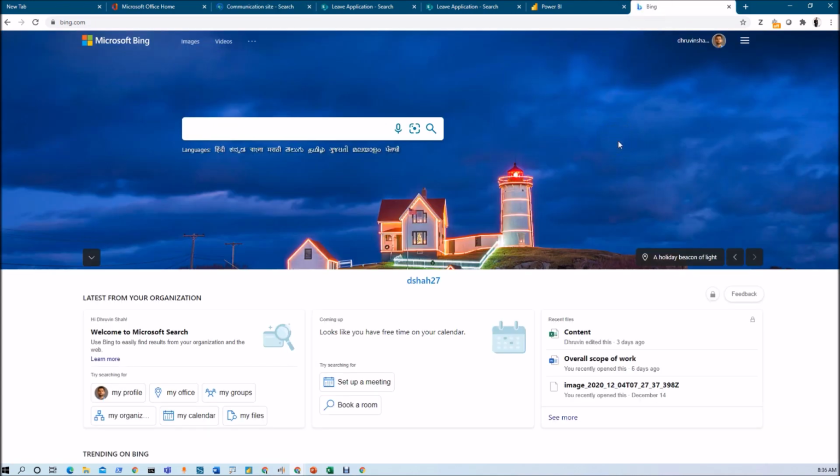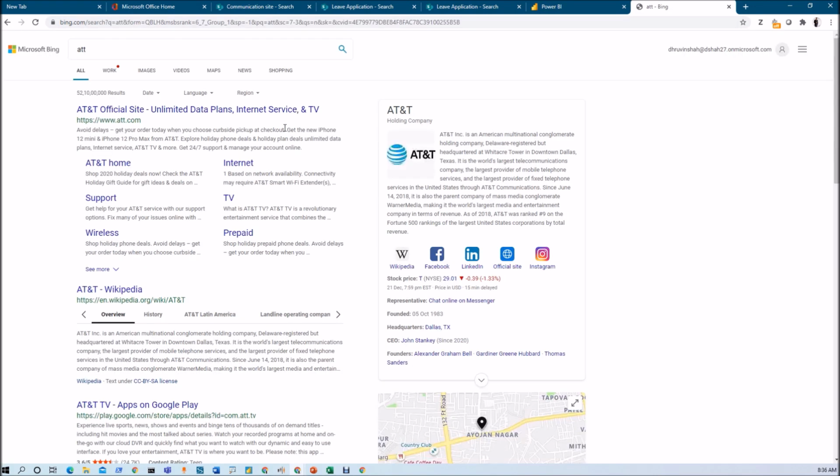Now let's talk about how we can search the Power BI reports within Bing search. So first of all, just open bing.com and log in with your organizational account. Now let's say I'm searching here for attendance. What happened here is this is providing me the search result like this.